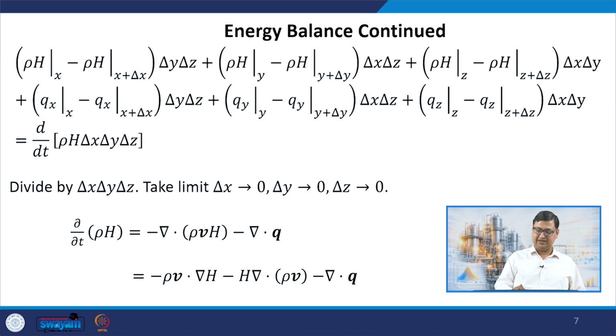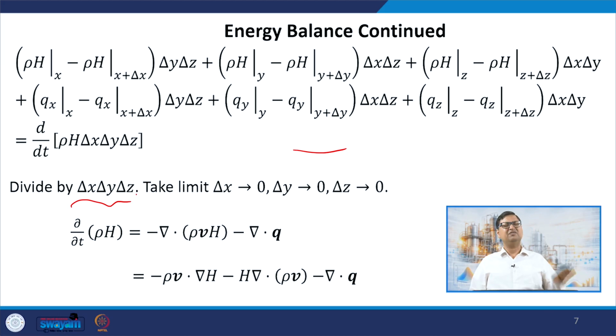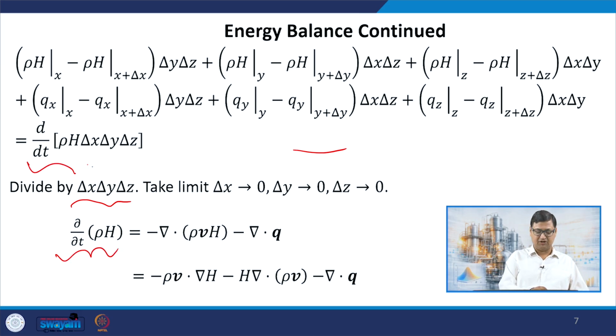So, I have simply written this equation whatever we have derived, and I divided by delta x, delta y, delta z, whatever calculus I have done for the mass balance. I am doing something very similar in this case, and then what I have is dou by dou t of rho h, that is my accumulation term that is coming from here, right. Keep in mind it is dou by dou t, the partial derivative,